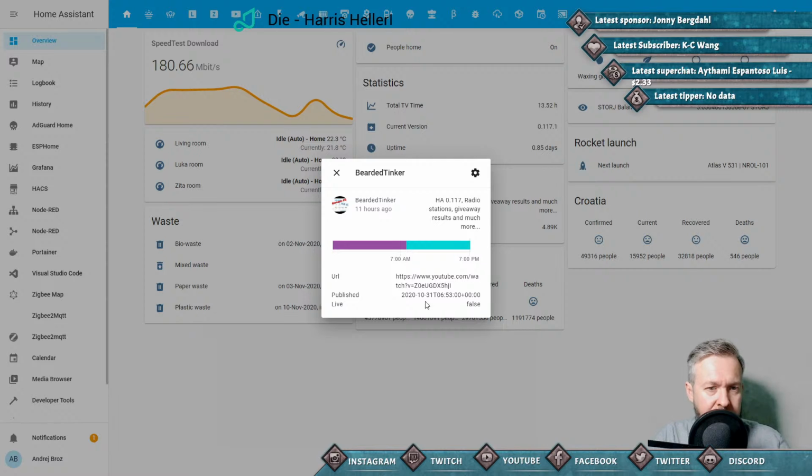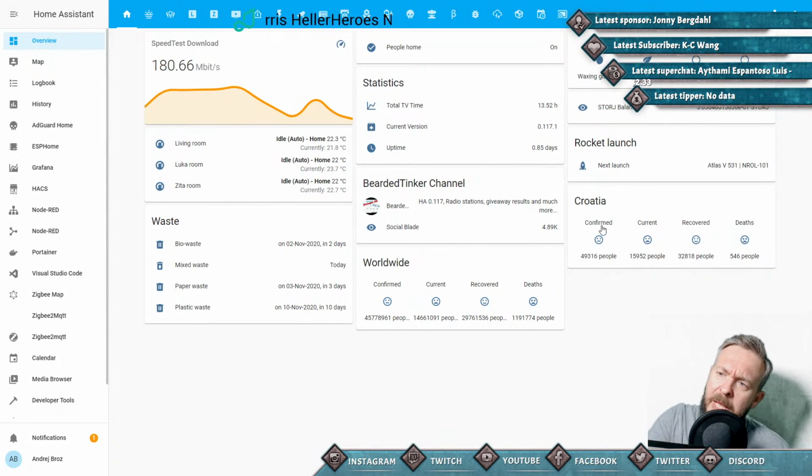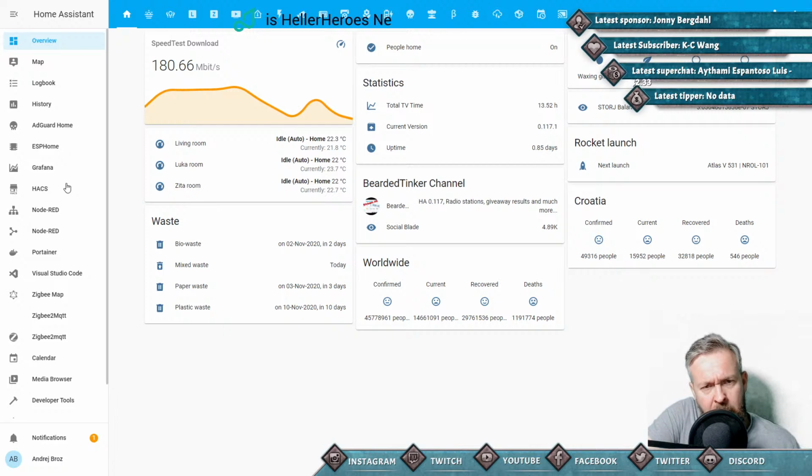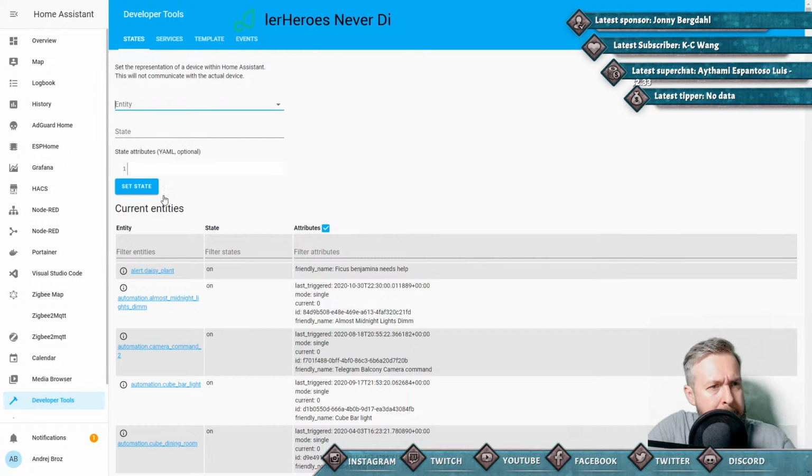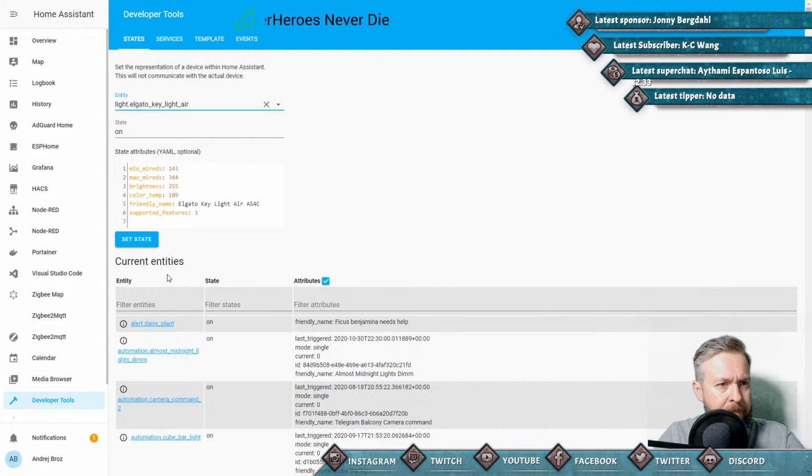You see that if I would be able to pull data from here, I would also be able to trigger something based on the am I live or not. One of the things that I was planning on doing is the tracking status of this light. As you can see, it's now maxed out. Okay. So in theory,